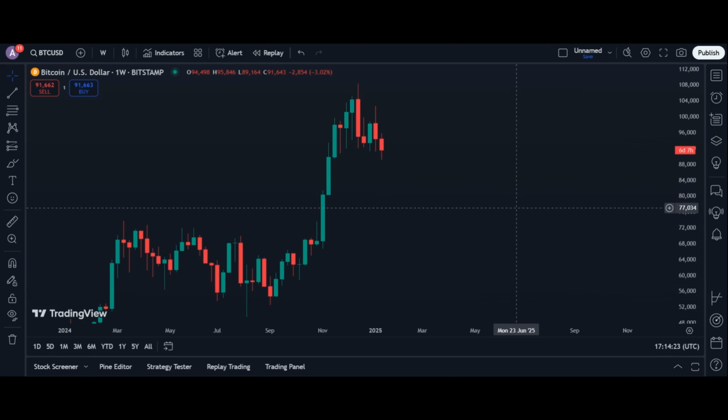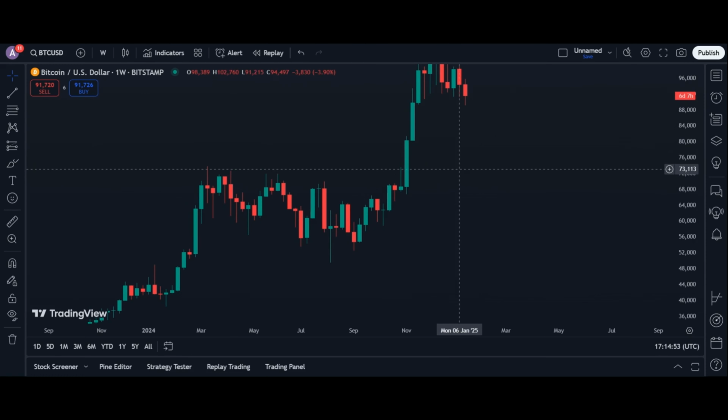If we want to define the trend, as I mentioned in my previous videos, trends are of three types: uptrend, downtrend, and consolidation area. Uptrend means that in the chart there are higher highs and higher lows, and downtrend means that in the chart there are lower highs and lower lows. Consolidation area means that there isn't any specific trend at the given time. For example, in this time, which is from